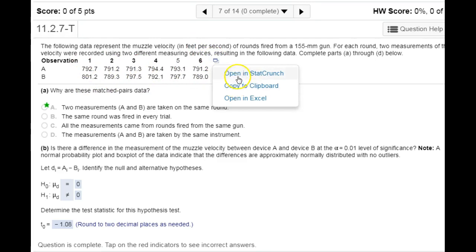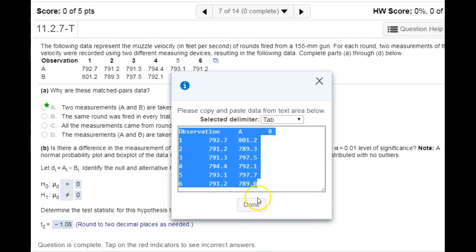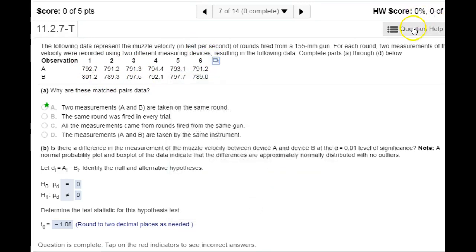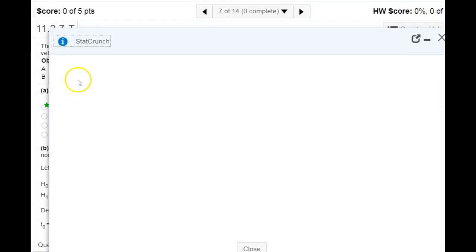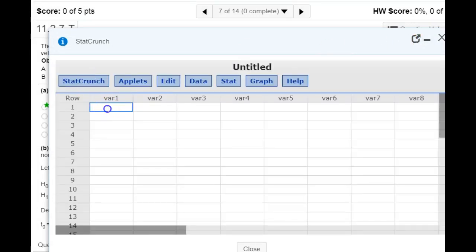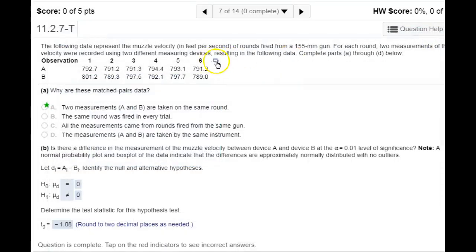We would want to copy that to the clipboard and open it in StatCrunch. I'm going to paste it here. Now, some of you might have success just clicking on the Open in StatCrunch button. I was having a little trouble getting that to work, so I'm using copy and paste. But once we've pasted it and got it in StatCrunch, we're going to run a hypothesis test